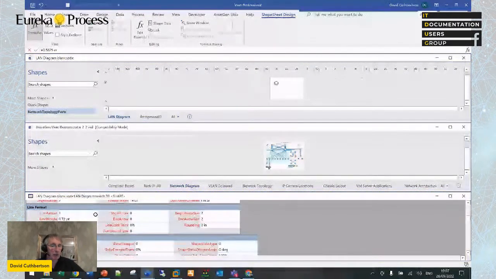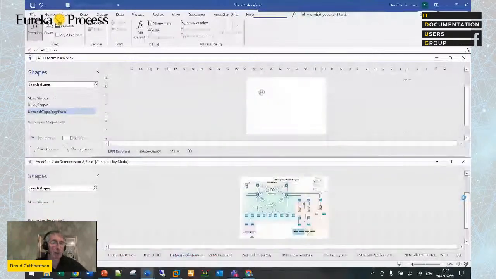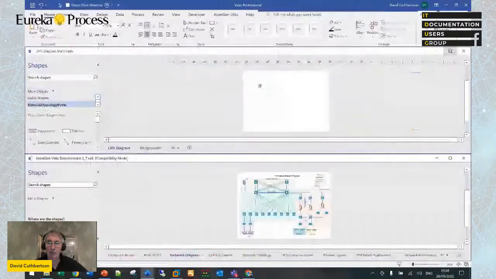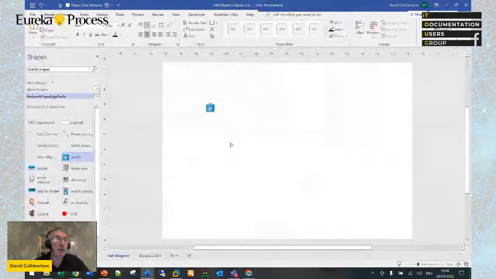So if anybody wants to get into programming or doing anything, you can get free of charge from Microsoft a toolkit that allows you to create various utilities and things to go in there. But that's what the macros work on. So if I go back into our main diagram,